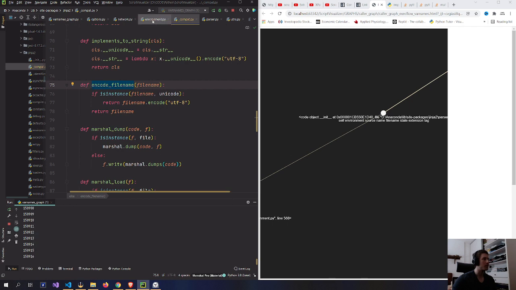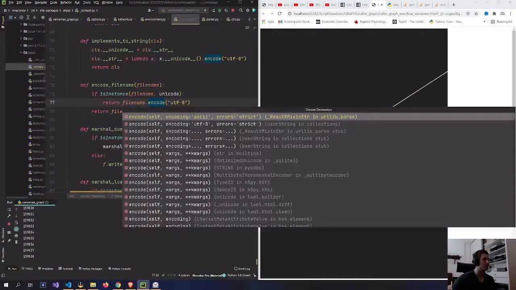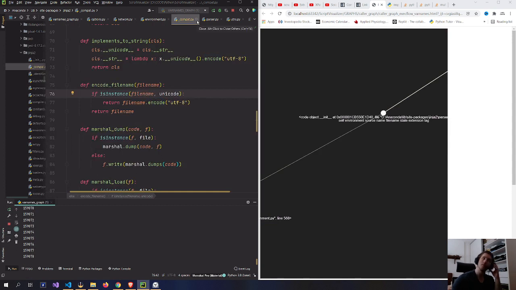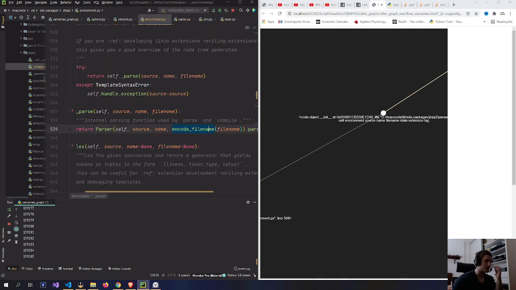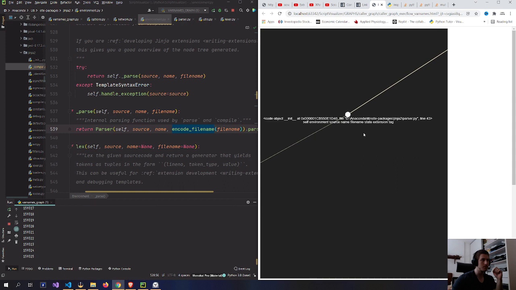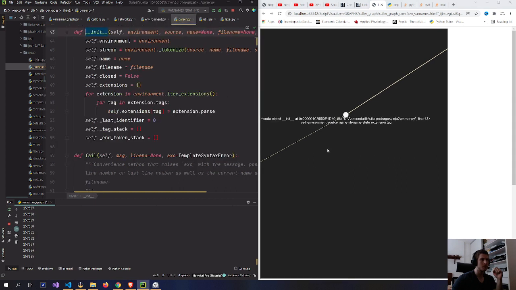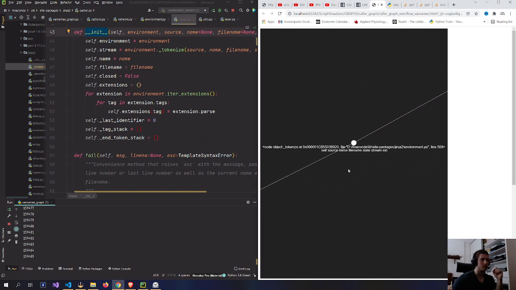Ah, so here it is, compat. So I guess it runs that lambda in the beginning because it's running this function here. Or something like that. And then creates this